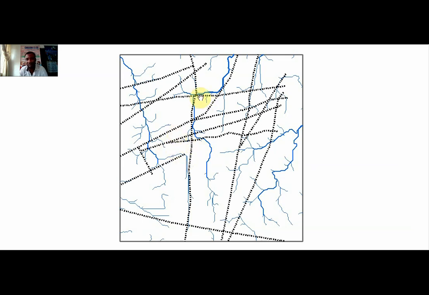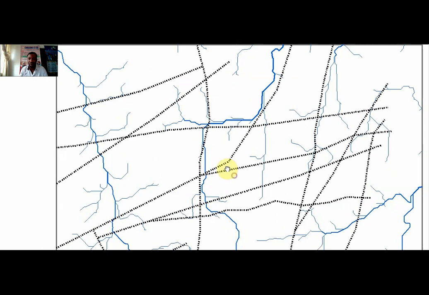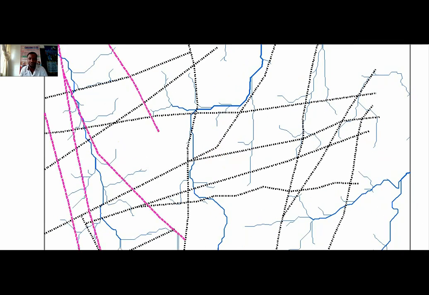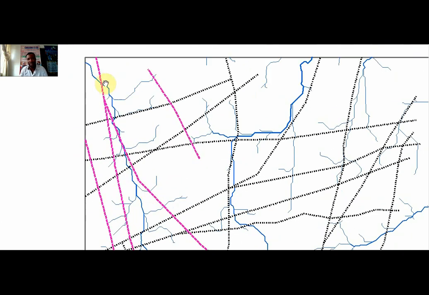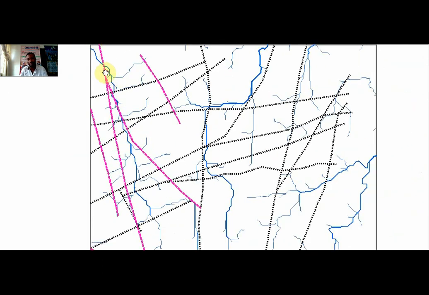Now let's look at some of the magnetic structures we picked on this location. You can see coincidences. You can see what we are saying here. So definitely there is a displacement along this line. There is a displacement along this line. And you can see this also coincides with this. And along this line also, you can see a lineament. Also, if we bring in other structures, you can see that this water network also coincides with this